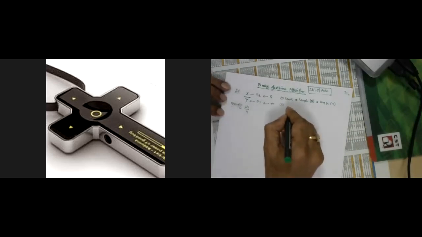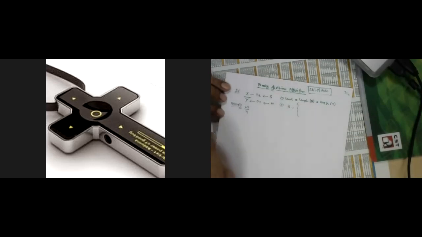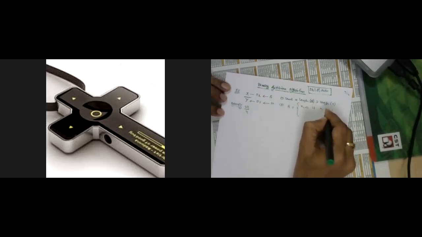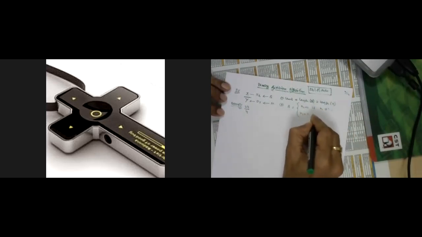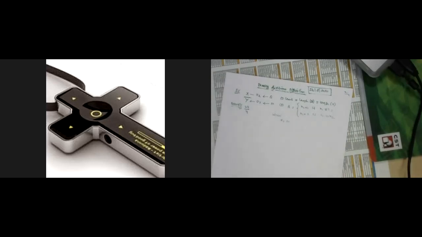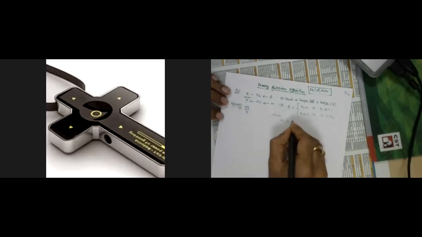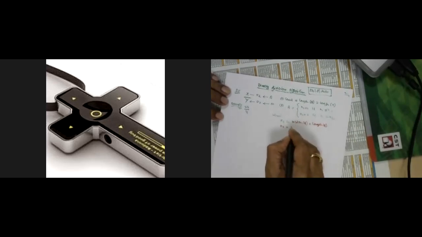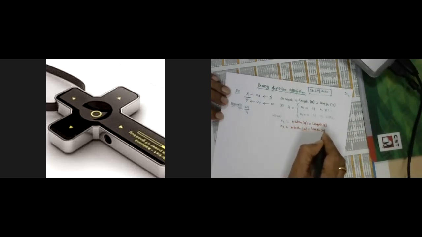The second step is we need to create an accumulator register. The length of the accumulator register is equal to N1 plus 1 if N1 is not equal to N2, or N1 plus 2 if N1 is equal to N2, where N1 is the width of Q, nothing but the length of Q, and N2 is the width of M, nothing but the length of M. So these two steps are very important.